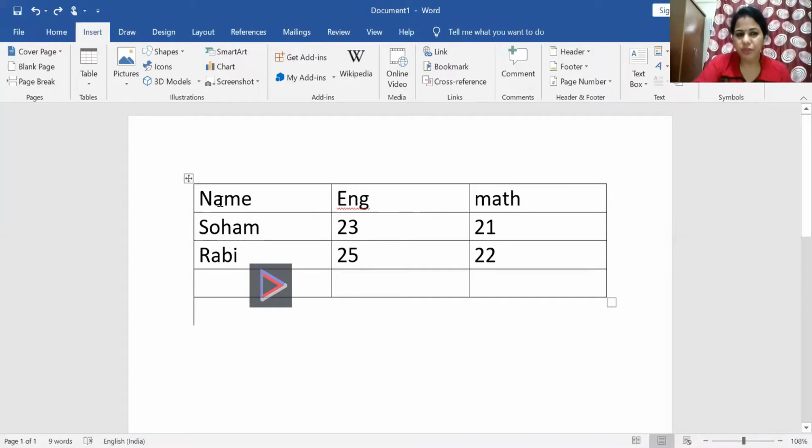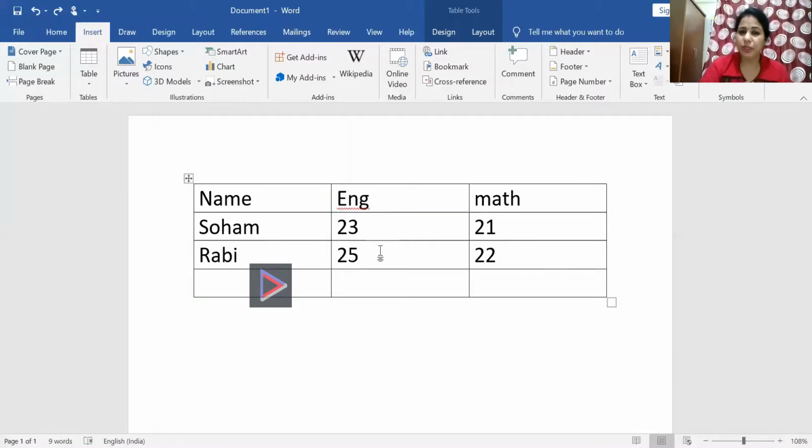Now move the cursor inside the table. Now the table is active. Once you are in the table, mark here on the menu bar: above the menu bar, Table Tools is active. If your cursor is inside the table, Table Tools is active. If I move the cursor outside of the table, you see Table Tools disappear. Once your cursor is inside the table, that means your table is active, and Table Tools will appear on the screen above the menu bar, in the title bar.